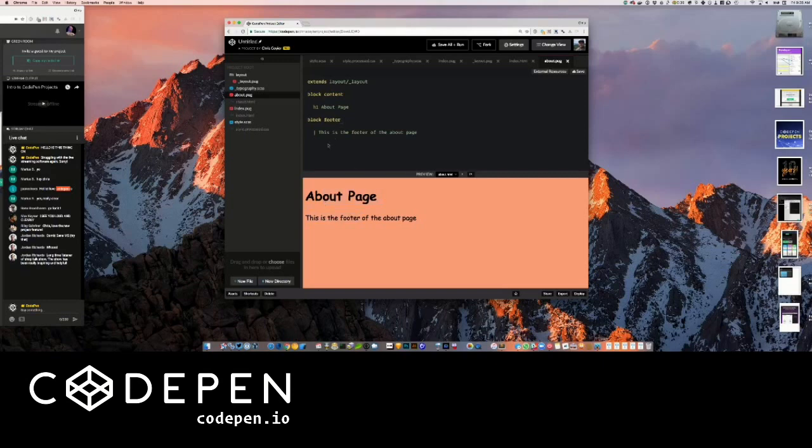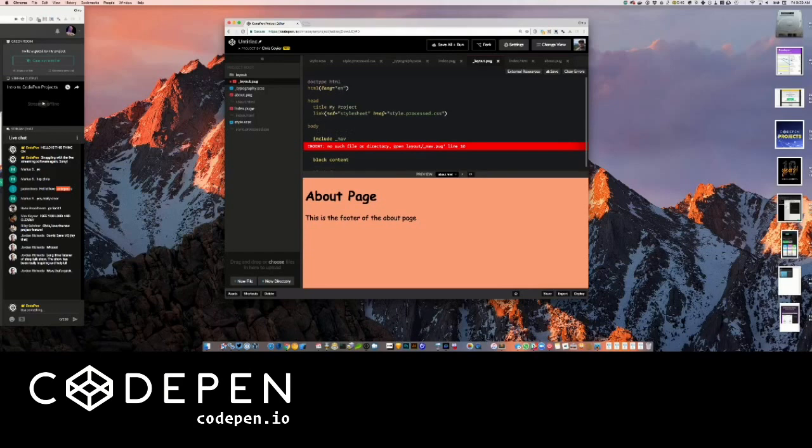It's beyond the concept of just an include. And the layout can use includes too. So if I were to go like block nav, I wouldn't even do that. I would go include nav, and it's going to say that that doesn't exist, probably. No such file. Okay, new file,